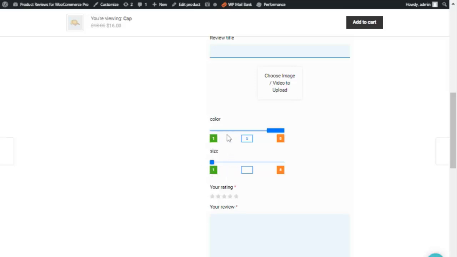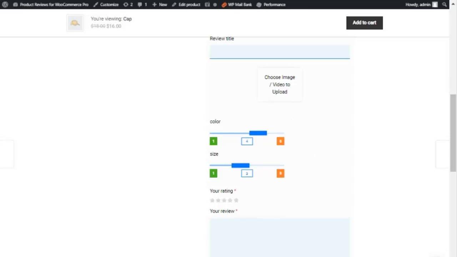So on the basis of those two attributes, the user or the customer can rate the product like 3, and this I can select like 3. So this is how the user or the customer can rate your product on the basis of your attributes. So this feature of product attributes will definitely help the admin to enhance the review functionality on his WooCommerce store, and the admin will also be able to get clear insights into what the customer thinks about the product.